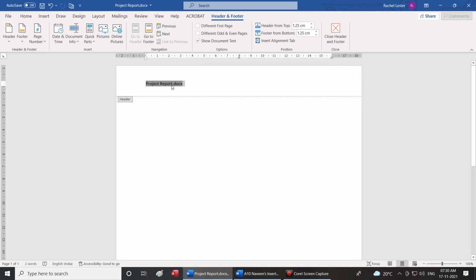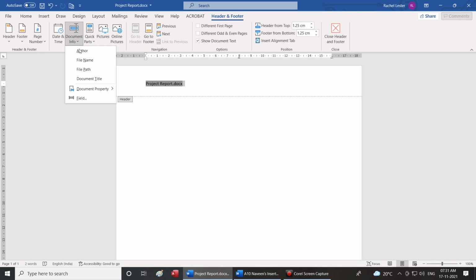Just now I renamed it as project report.docx. It will start inserting the project report. So you will have to create a small file as an assignment where all this information has to be displayed somewhere in the header, so that I know that you have tried all these options. Afterwards I'll tell you about the assignment.